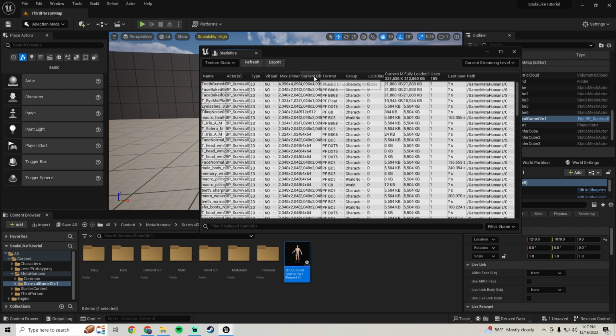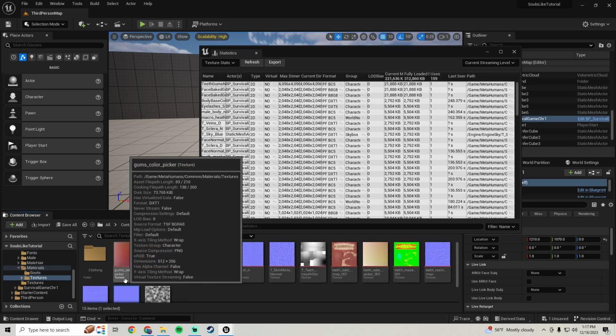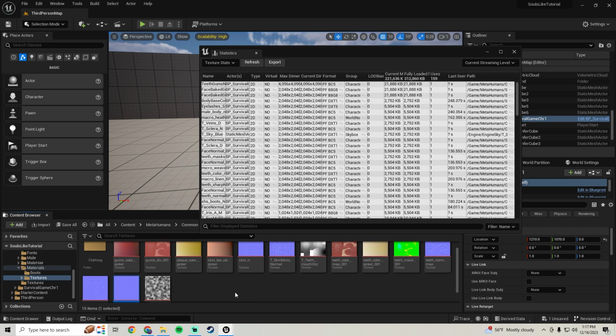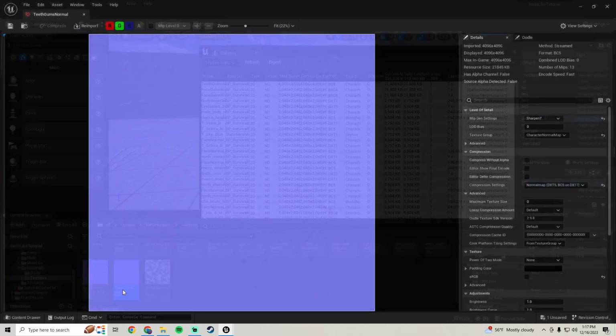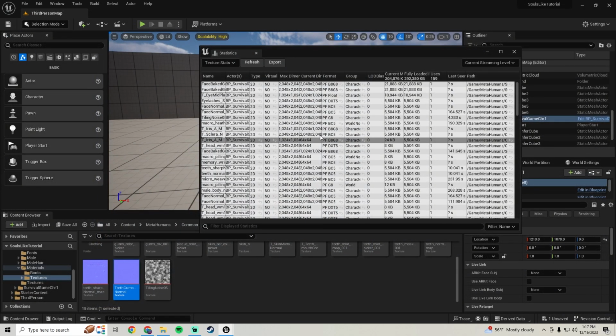And as you can see, we can set this to be organized from highest to lowest by hitting current dimensions. And you see right here, the teeth and gums texture is set to 4K, so we're gonna hop in there. And honestly, with the teeth and gums, it's so small and so unnoticeable. We're gonna set these to 1K, so 1024. So close that out, and every time you do that, you kind of have to hit current dimensions again, and then it'll